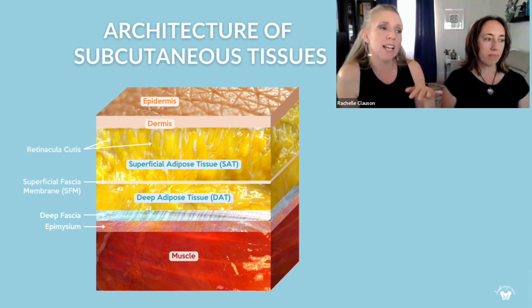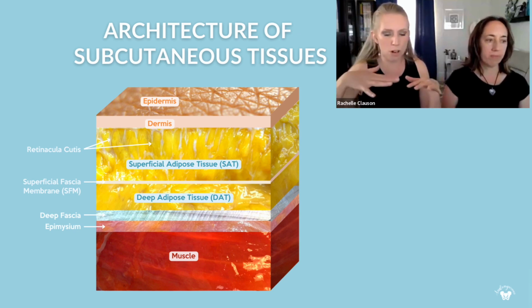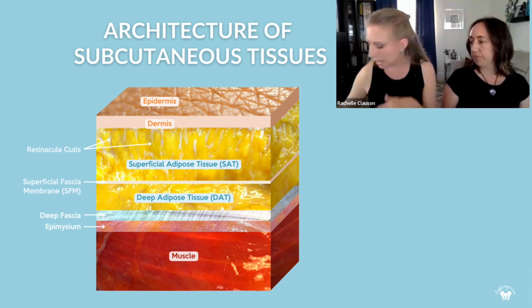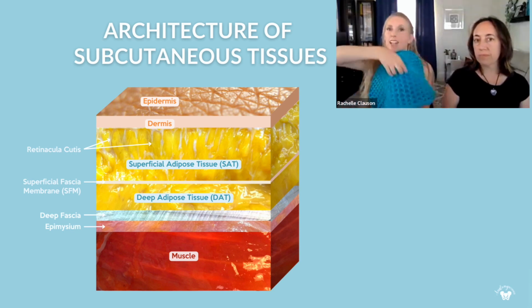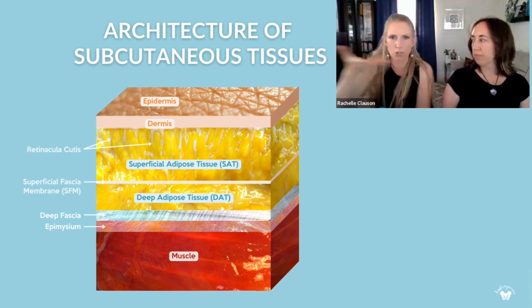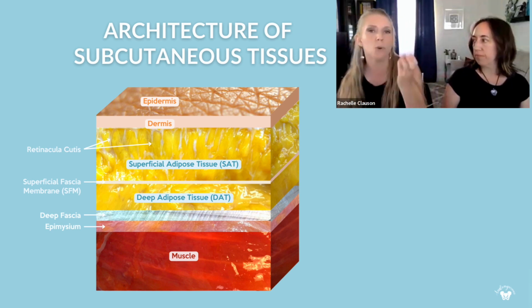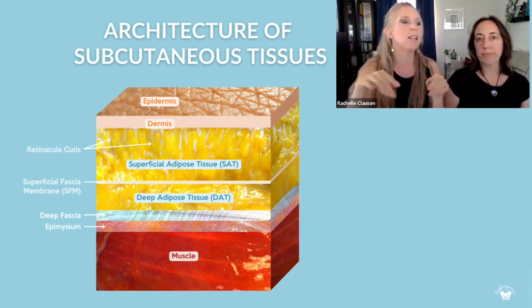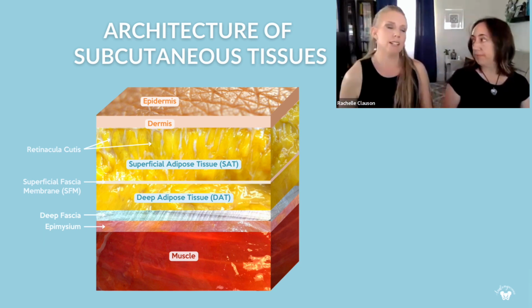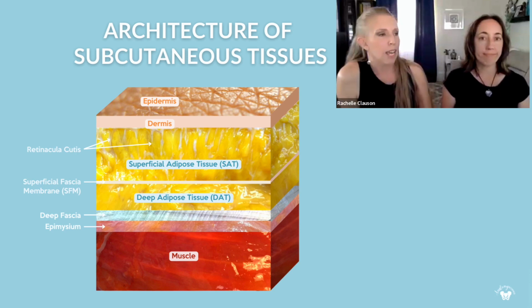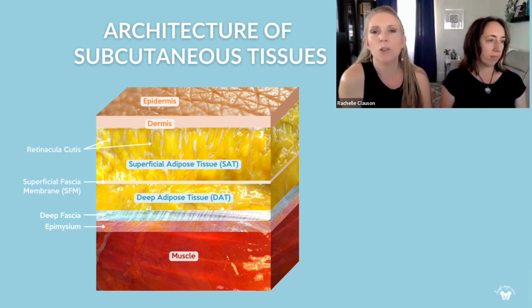It has more elastin in it. It has more of, like in our model here, that center section. There's more fibers that run through it, and fewer of these lobules and walls. It varies throughout the body as well, but it's very, very distinct in certain areas. And we call it the superficial fascia membrane, so that we don't confuse ourselves as to whether we're talking about superficial fascia as a full layer,